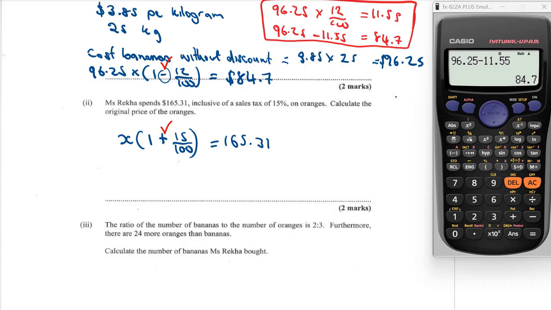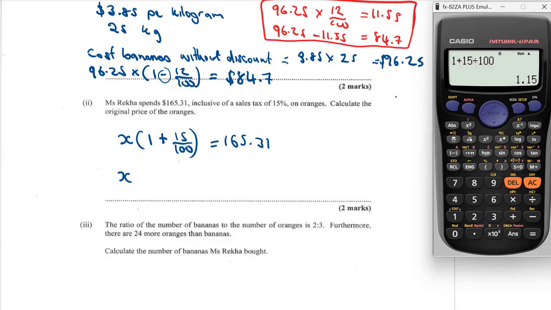So we're going to pay more for the oranges. So we have to add. So now, go ahead and put this in our calculators. We don't really have to put the bracket part in our calculators. However, just for convenience, you're going to say 1 plus 15 divided by 100,